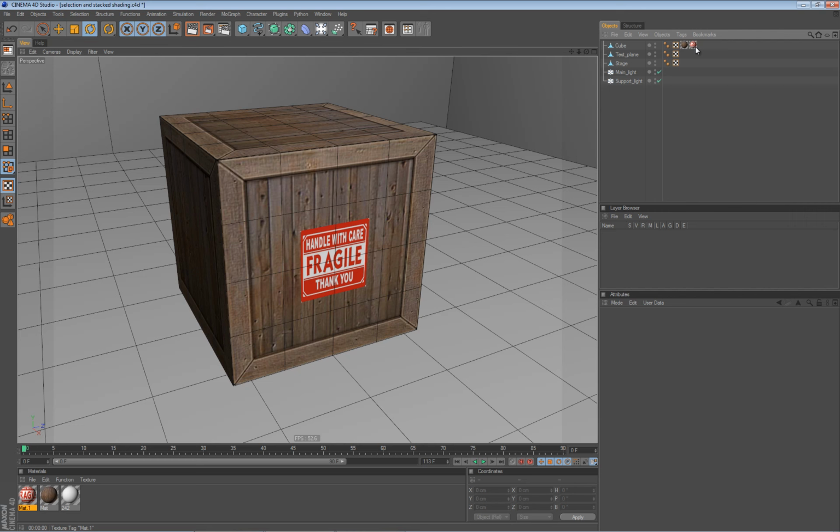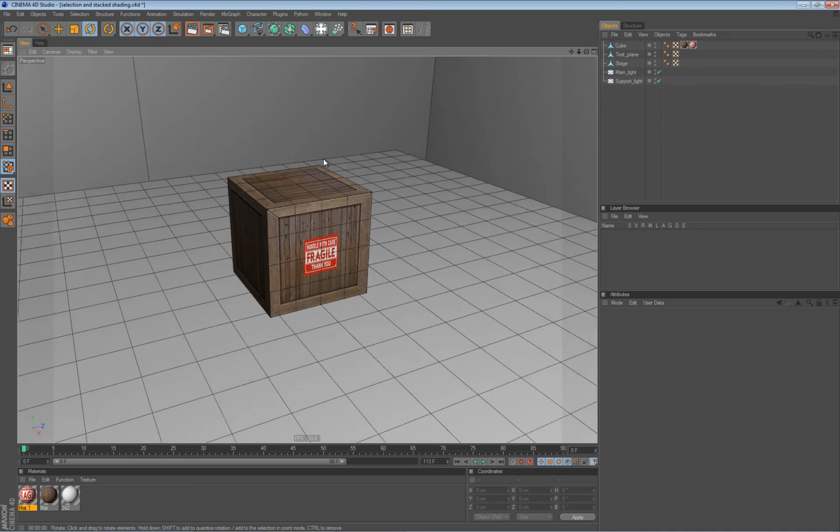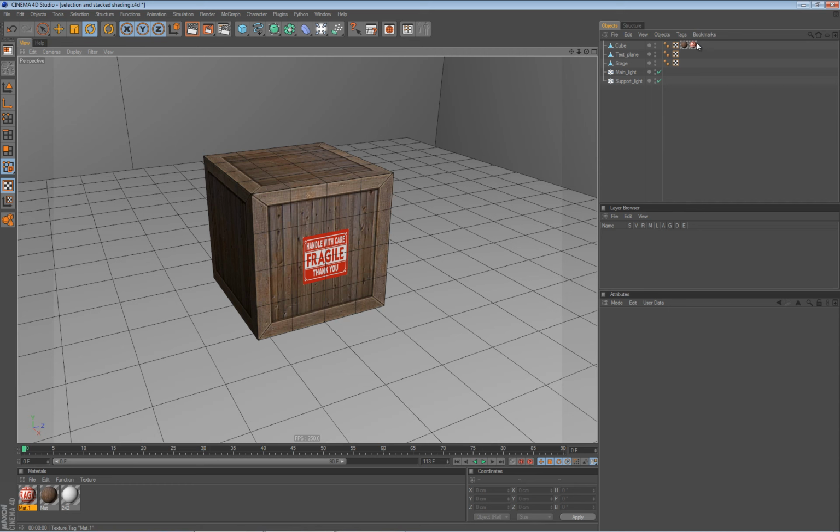And really, the usage of these three techniques. There is also a technique with the alpha channel in materials, but we covered the alpha channel. So when to use which one? Well, if you want really realistic results, then I suggest you go with a completely separate object for your material. But if you don't need such precise results, I suggest you go with this stacking option. And the option where you select a part of your object to be shaded is maybe recommendable when you are doing